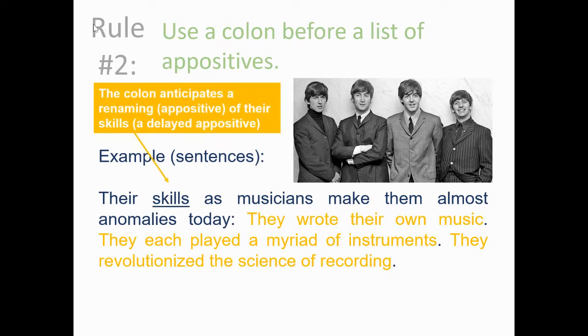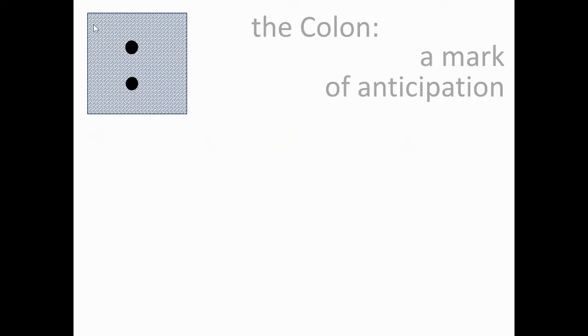So here I've used that word skills as my appositive, and the colon leads me not into phrases or words, but actual sentences. You'll notice that my sentences have periods at the very end of them, so I'm not listing with commas, but I can still treat them all as appositives of that word skills, but I'm renaming them with full sentences. That's a really cool skill to have.